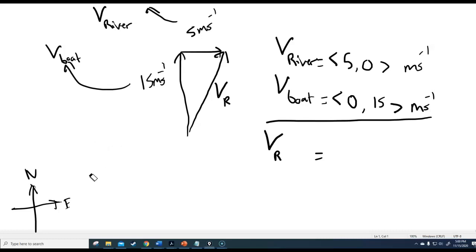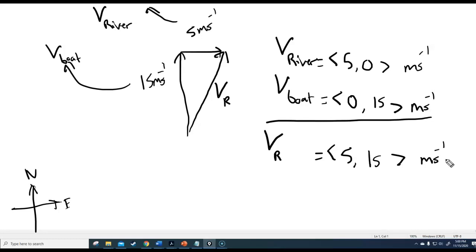And so I already have the x and y components of these two vectors. And so I'm going to add the x components together. So I'm going to do 5 plus 0, which is 5. And then I'm going to add the y components together. I'm going to get 0 plus 15, which is 15. And that means my resultant vector has an x component of 5 meters per second and a y component of 15 meters per second. Now that does not answer the question, because the question asked me to find the